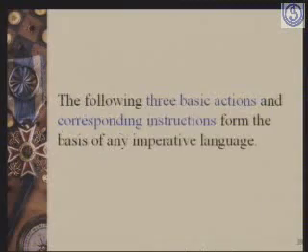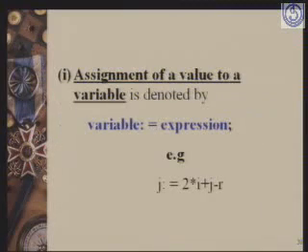And therefore, despite the fact that the actions taken by the computer systems are very elementary, because of the number of operations running into millions per second, the answers come very fast. But before that, let us discuss what are the basic inbuilt capabilities in a computer system in general. So look at the slide. The 3 basic instructions or 3 basic actions which a computer system can take